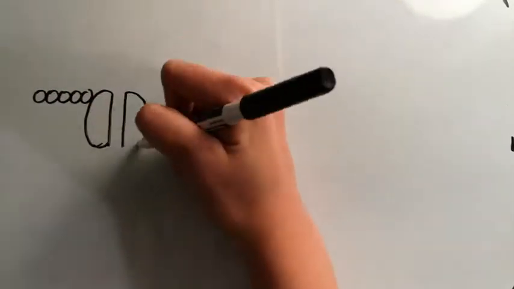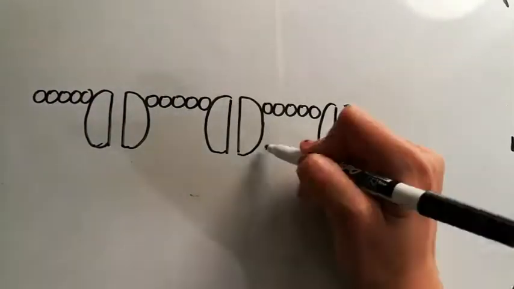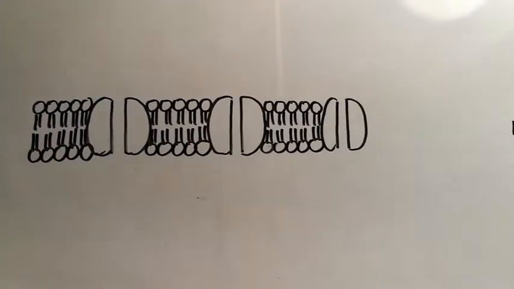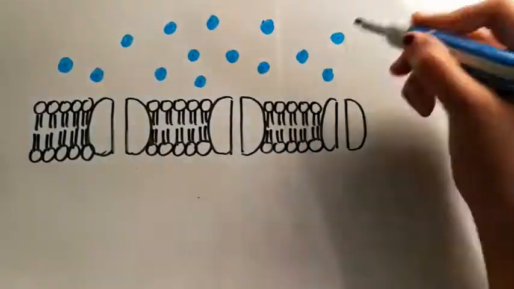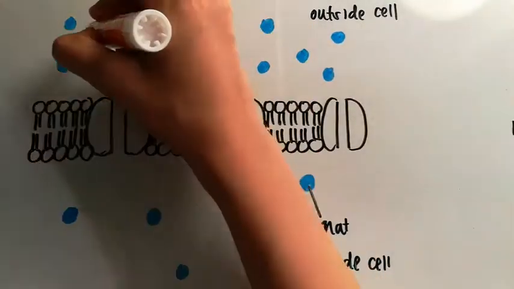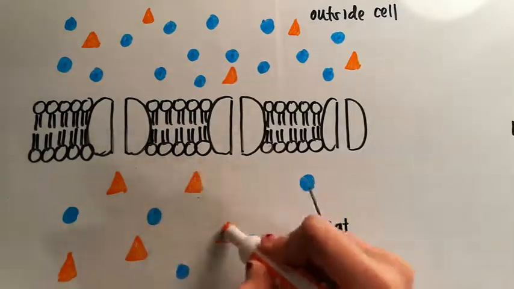Ions like potassium and sodium cannot diffuse through the phospholipid bilayer. Protein channels embedded in the membrane are required to transport the ions in and out of the nerve cell. There are a greater number of potassium pumps than sodium pumps, making the membrane 100 times more permeable for potassium